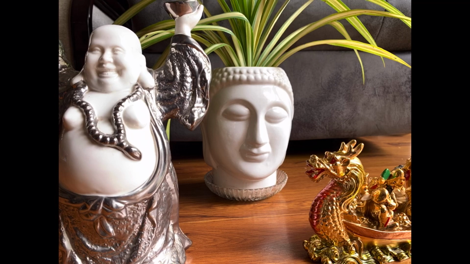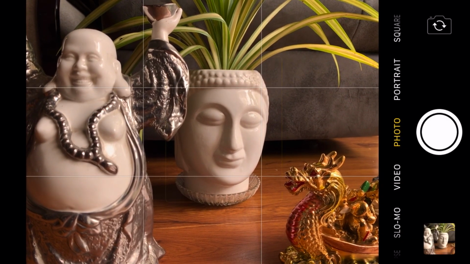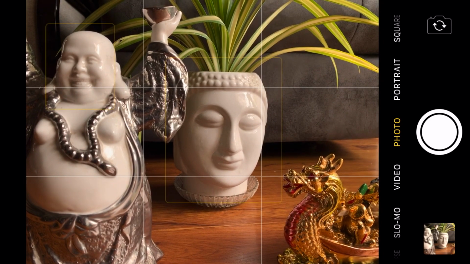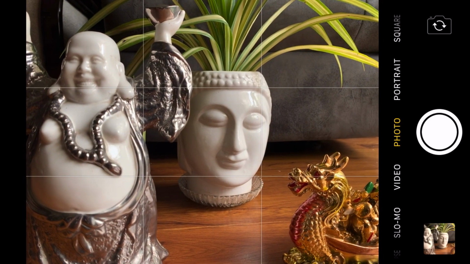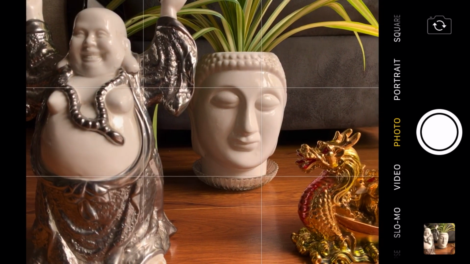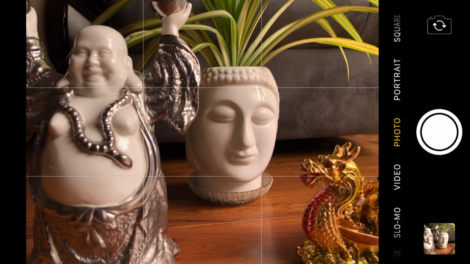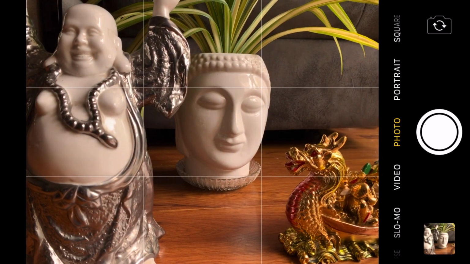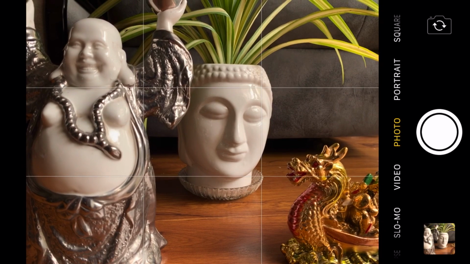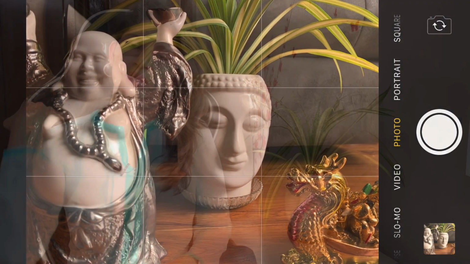So that's the kind of functionality that you have on the iPhone, and I would really encourage you to make use of it. Keep exploring on different objects, keep trying different angles so that you can make sure to get a better view of the object that you are trying to capture, or even people around. Yeah, so that's about it.